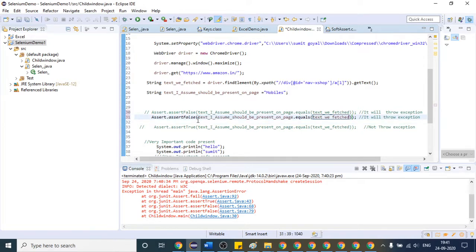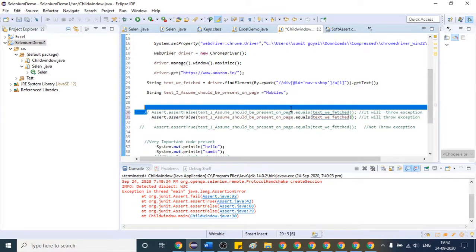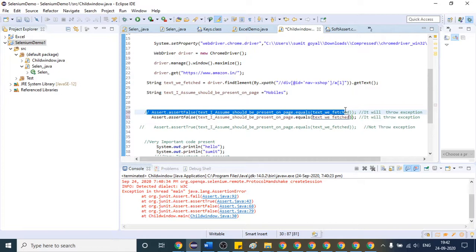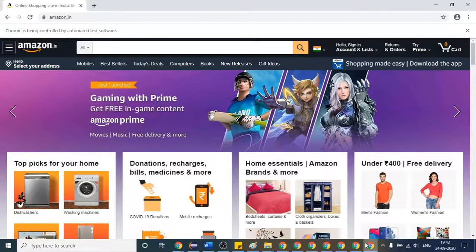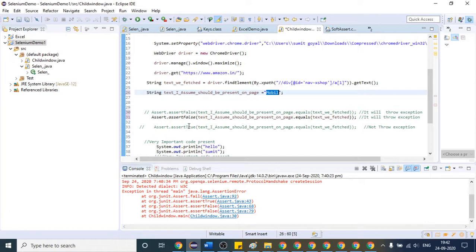I am using the same here as well. This time we will try to fail the condition. Suppose I remove ES from here. What will happen? Inside that, this text, capital MOBIL, is not equal to this text, so this time the inner condition will become false.